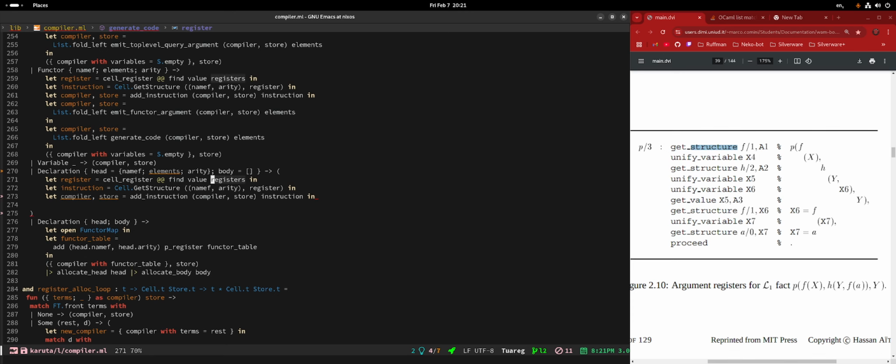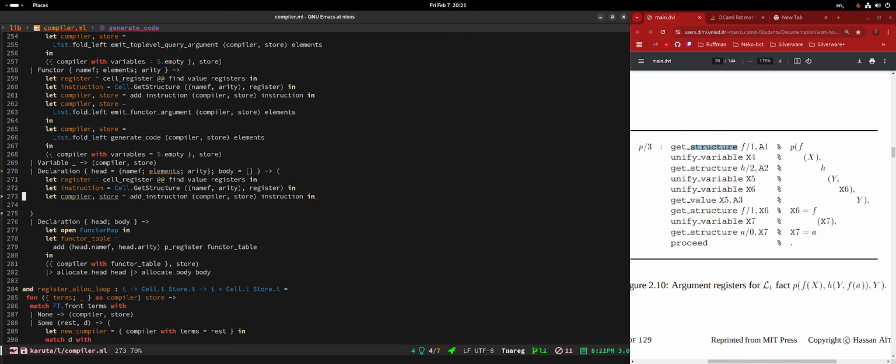So we get the register value, then we create the get structure. Seems correct to me. Then we add that to our compiler and store stuff. Then we start calling the arguments, which is also the thing that we're doing here. Right?